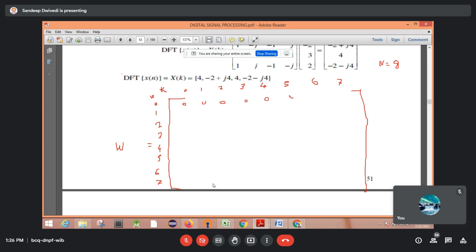Is it correct? So 1 will come, yes, W raised to power 0 means 1. Anything raised to power 0 means 1. I am just writing the power here, not calculating the value now. Here in the columns also I am avoiding writing the W because it will take time. This is W raised to power 0, this is also W raised to power 0, and W raised to power 0 means the value is 1. Getting it? I am not writing W there because it will take unnecessary time, right?